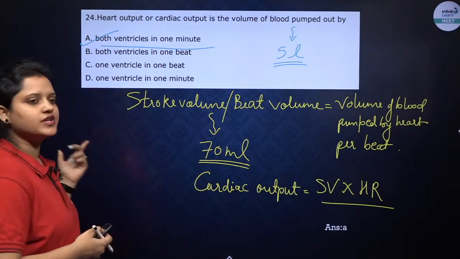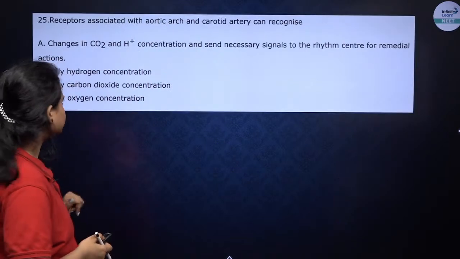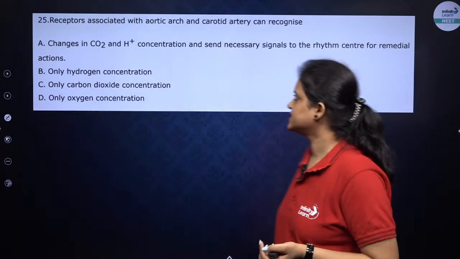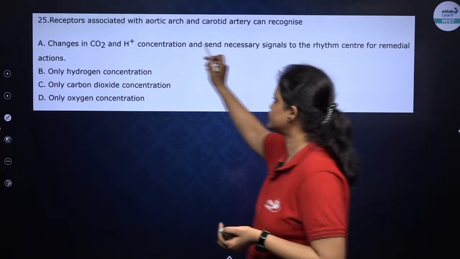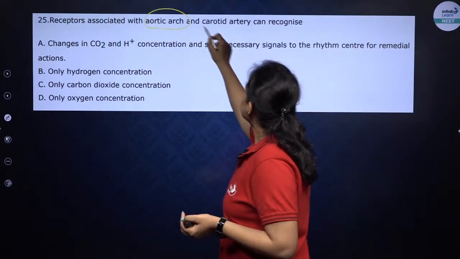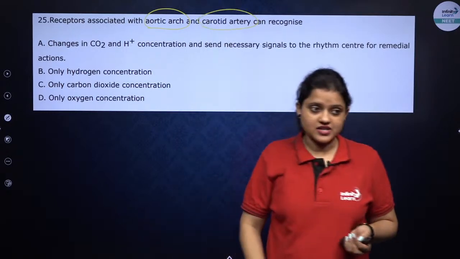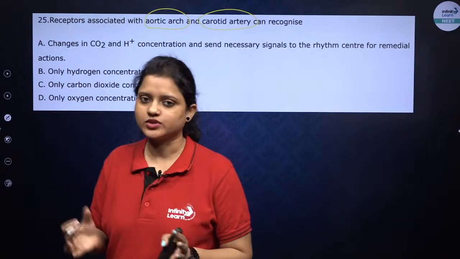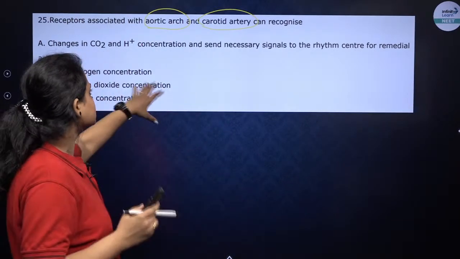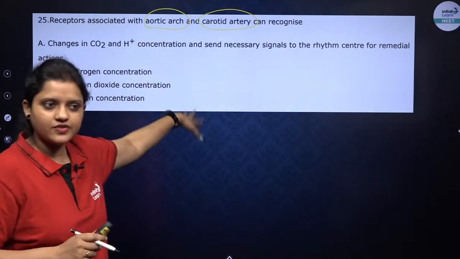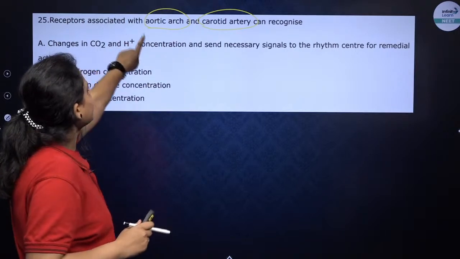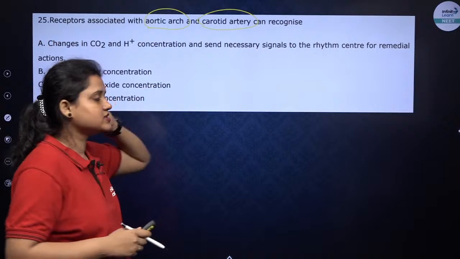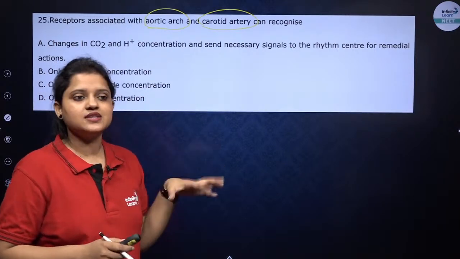Okay, so correct option here was A. Next question. Receptors associated with aortic arch and carotid artery can recognize. This is a very important question जो आपको नहीं पता होता है. Okay, so there are certain chemical receptors present in the aortic arch, that is the arch of aorta, and in the carotid artery, that is the carotid sinus. Now these receptors,